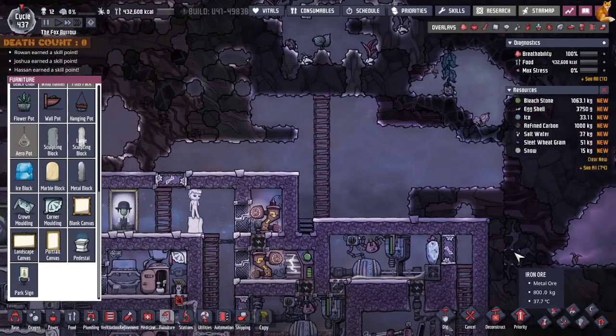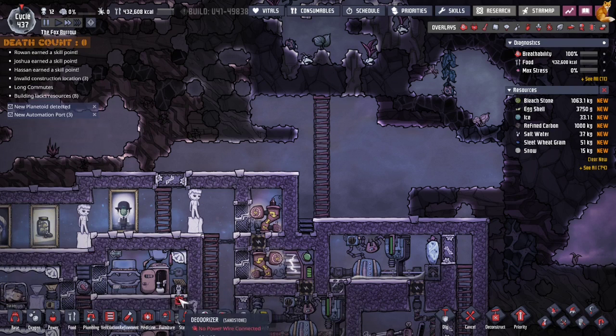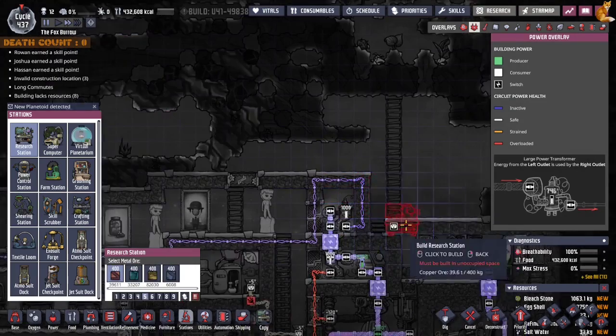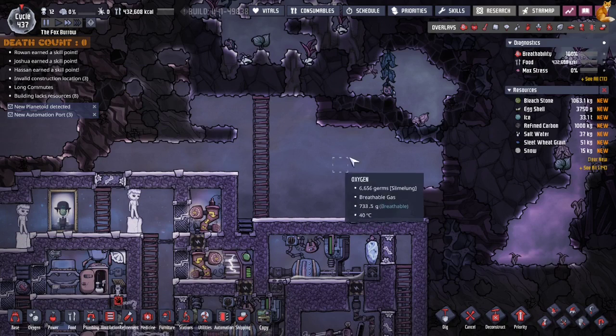Well, I guess I'm going to build a temporary research station, just to check what I haven't got researched, apparently. Okay, so stations. I will need a research station and a supercomputer, I believe. But let's start with a research station. I'm just gonna use this area up here because it's already empty and it's not being used for anything at the moment. It is a little airless, which is a little bit of a problem, but